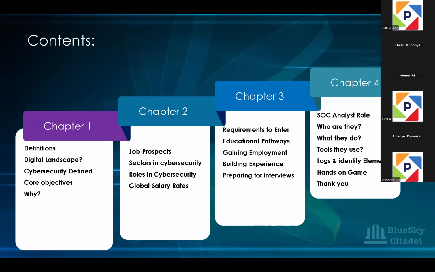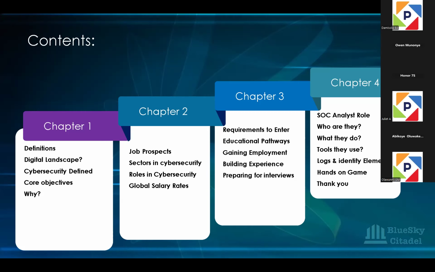And briefly, we'll delve into the requirements, what you really need to do to become a cybersecurity professional, and educational pathways,